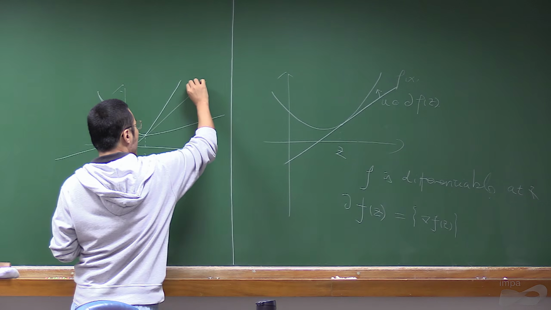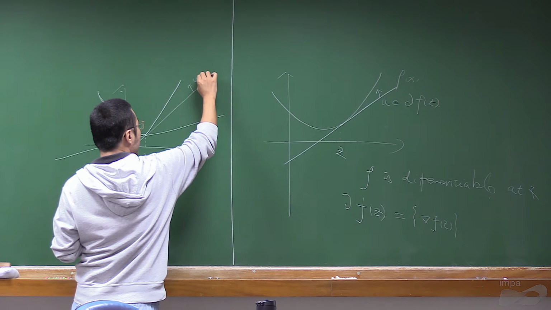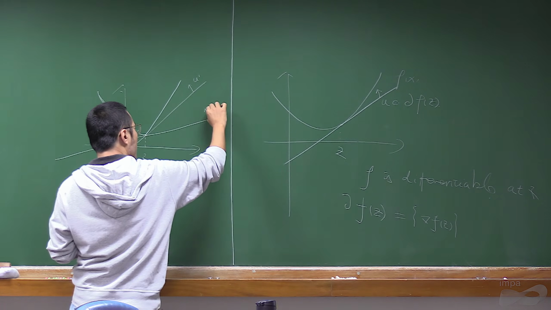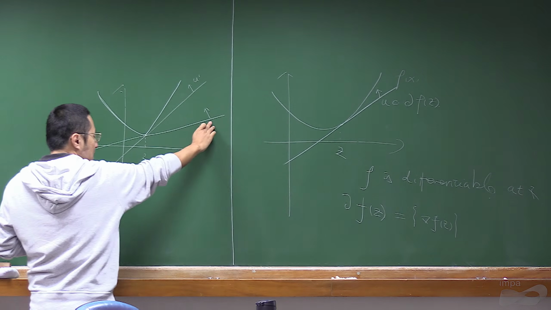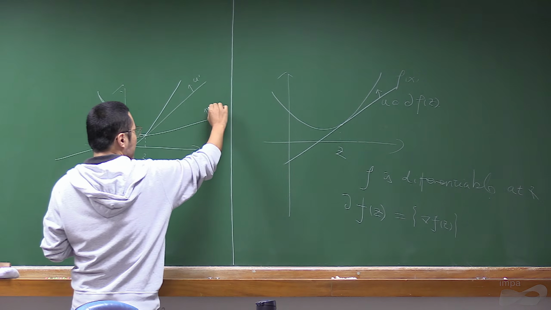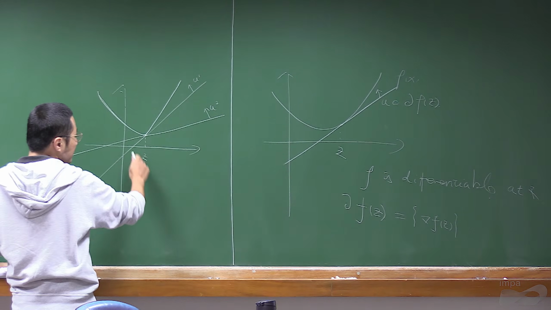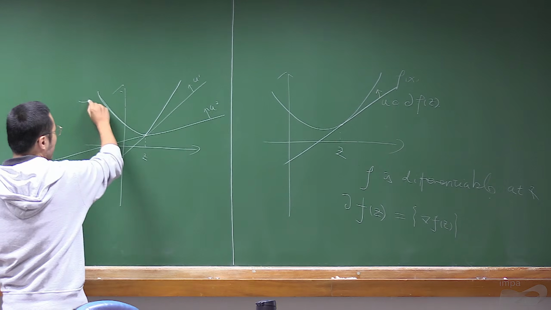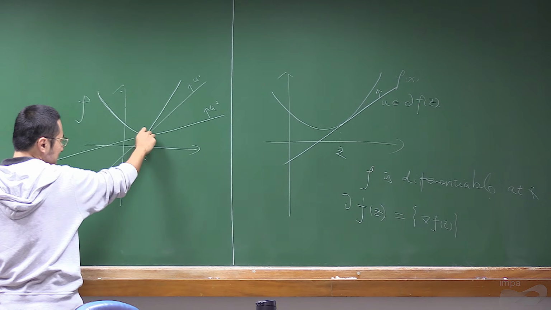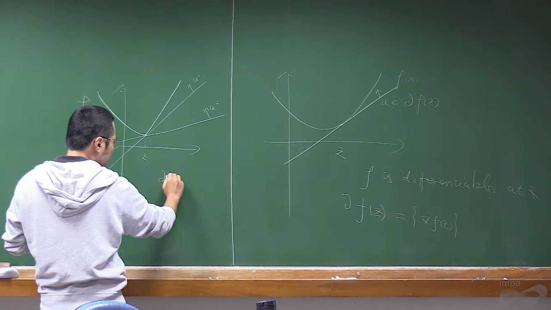Okay, so you can have a u1 here, and you can have another normal vector related to this half space. Okay, this is u2. So in this case, if the function f is not differentiable at this point z, then